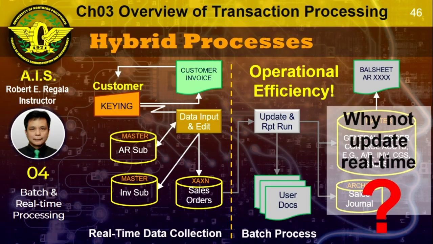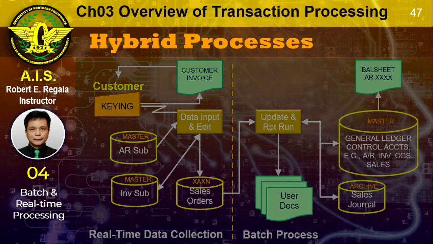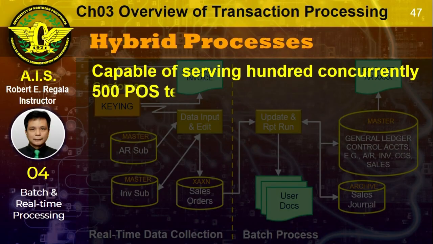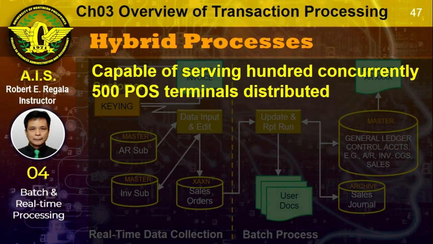Let's assume that the organization using the sales order system configuration in our example is a large organization such as a department store or a mall and capable of serving hundreds of customers concurrently. Also, assume that 500 sales terminals are distributed throughout its many large departments. Each customer sale affects the following 6 accounting records: